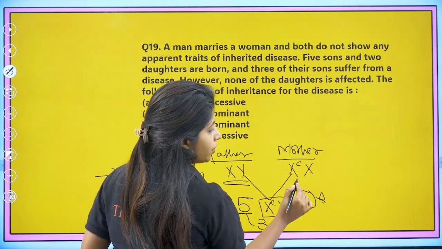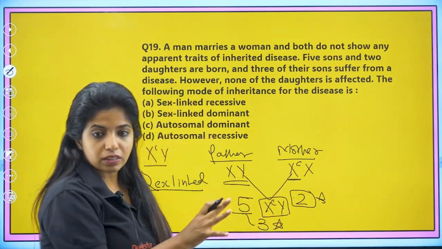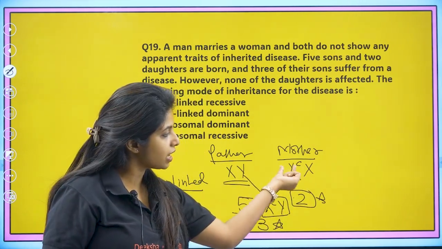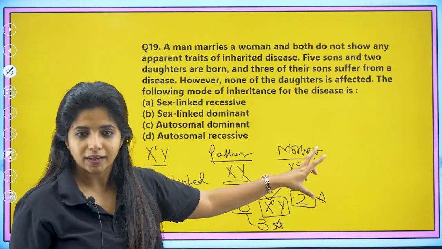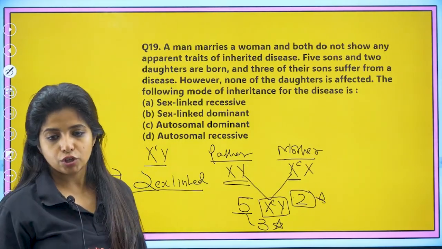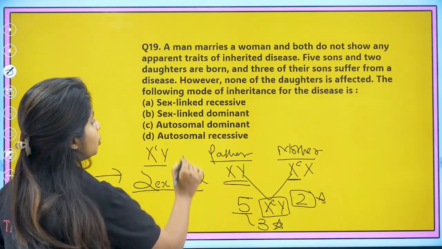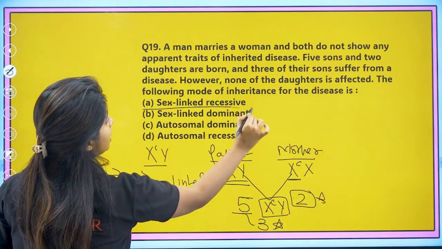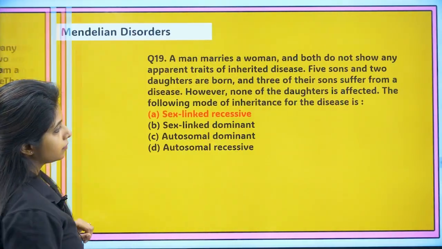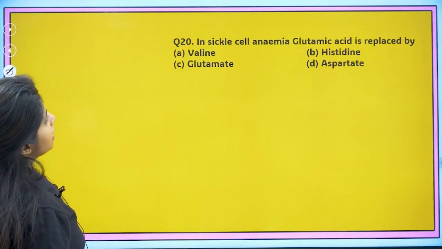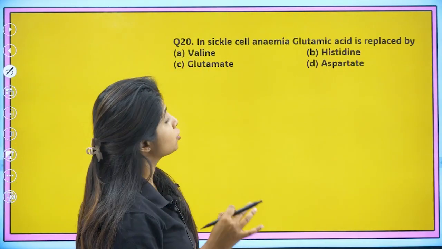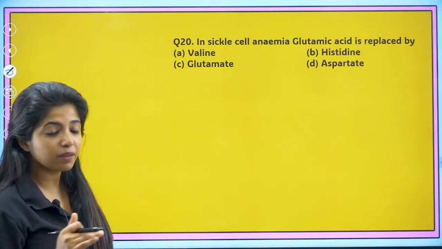If it was a dominant disorder, suppose this gene was related to a dominant disorder, then if she has even one, it would show the effect. She would be diseased, but over here she was not. That means it is what? A recessive condition, and the father is completely normal. So your answer would be what? Sex-linked recessive disorder, A. Cool? Done? Chalo. Next. In sickle cell anemia, glutamic acid is replaced by